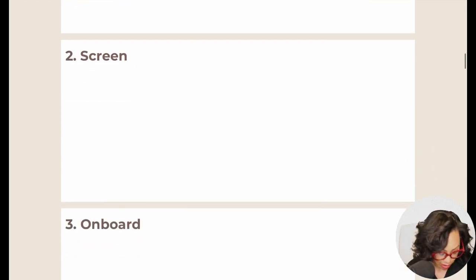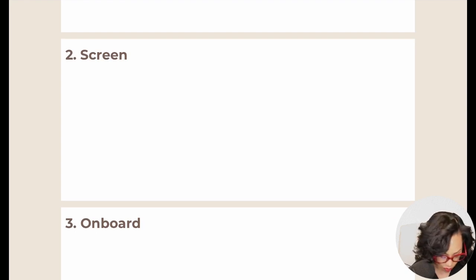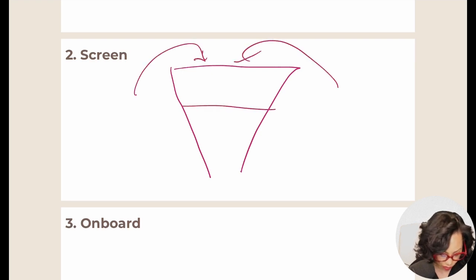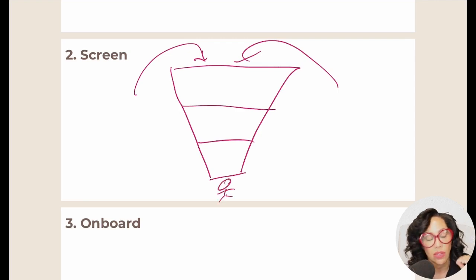So the next thing is, how do you screen? How do you sift through all the people who come into your world? And then how do you screen them so that you get the right person? What do you need to do so that you can quickly sift through all the applications? How do you conduct the interview in a way that helps you know that you have the right person?